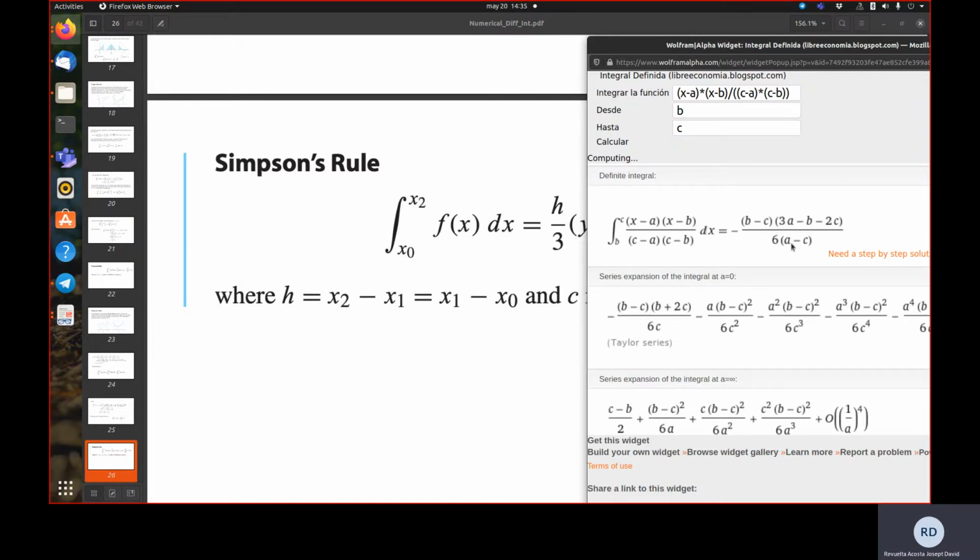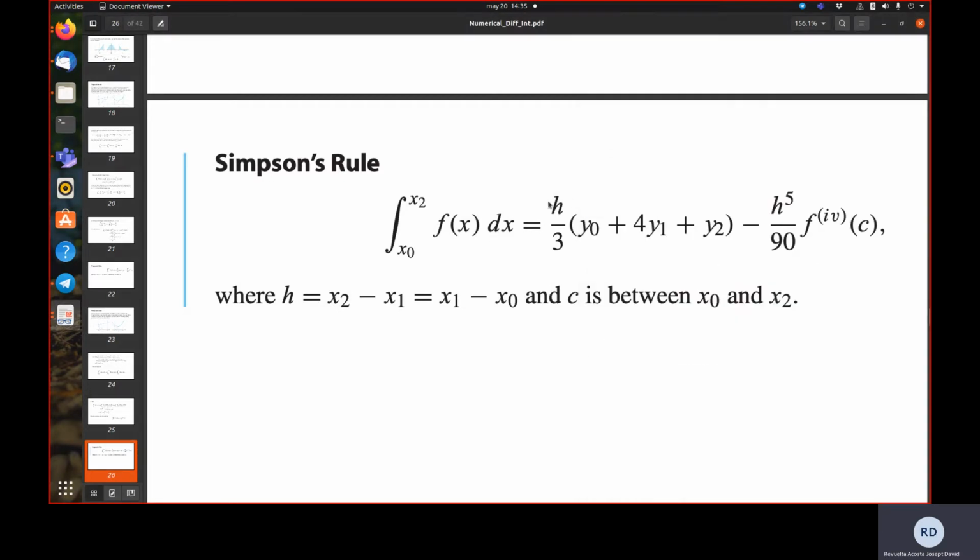In case of you using this formula, you can actually substitute it if you want, and you will find that the formula equivalent for this one is this part of the equation. Not the error term, but this part of the equation. Of course, we can also see that we have the fourth derivative for the error term. This is very important because we need to identify that this one sometimes is not available. And if it is, the expression that we want to calculate as an approximation has to have the fourth derivative,